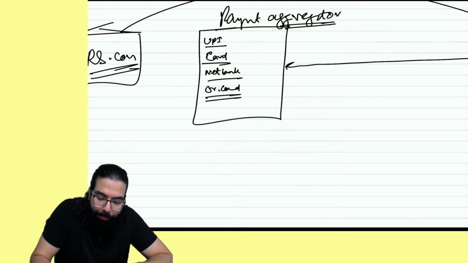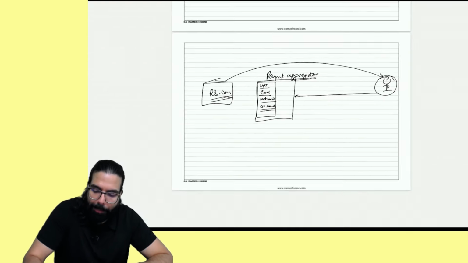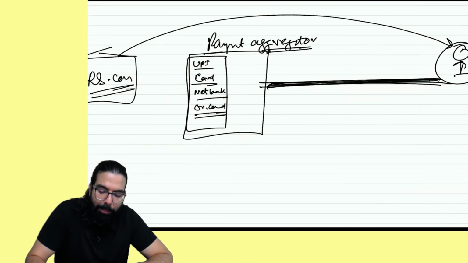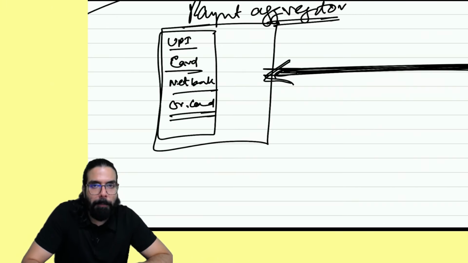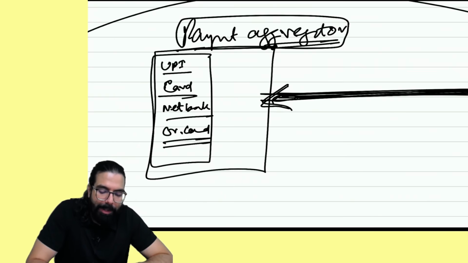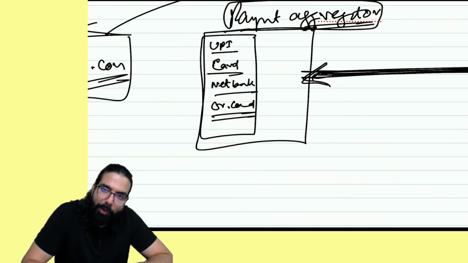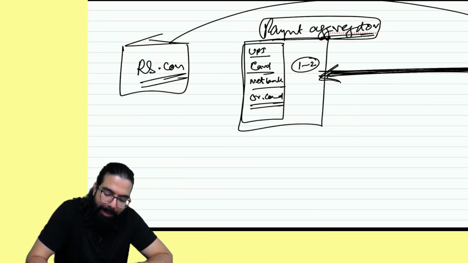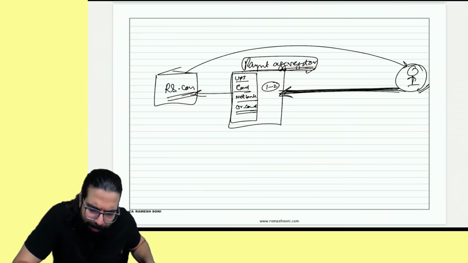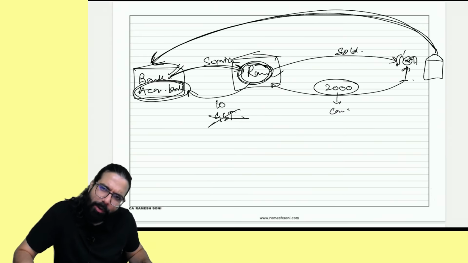And what they will do is keep collecting the money. What do payment aggregators do? However you make the payment, student A made the payment, student B, student C, everyone made the payment, they will keep collecting the money. They are like a bank only. They will keep collecting the money from the respective student's bank, hold the money for 1 or 2 days, and then release the money to me. Now, the question which arose was whether these payment aggregators can also be considered like a bank only.